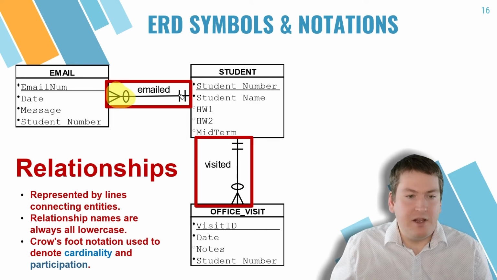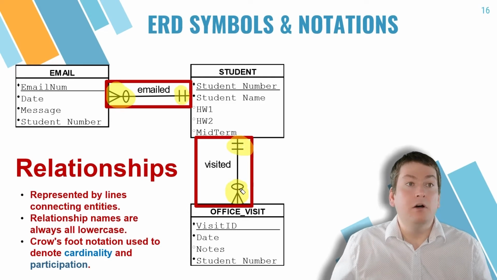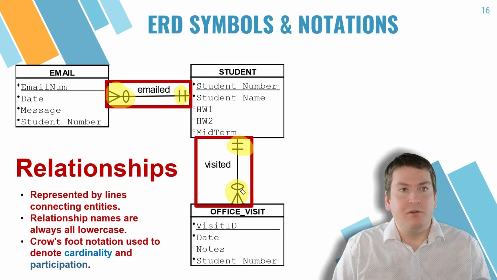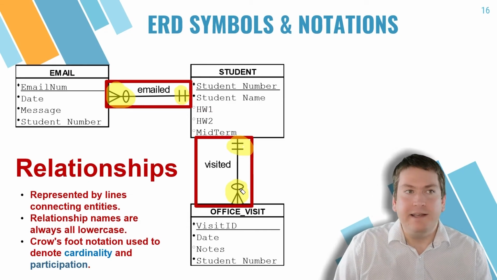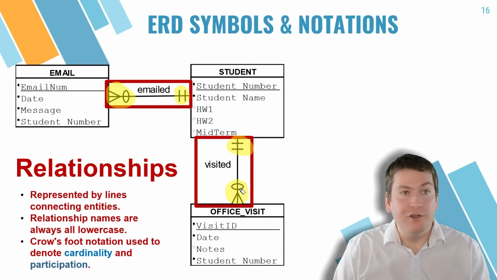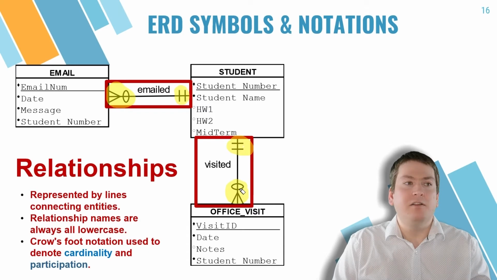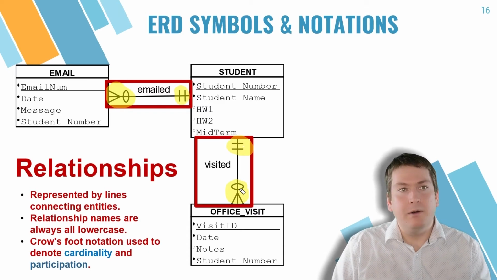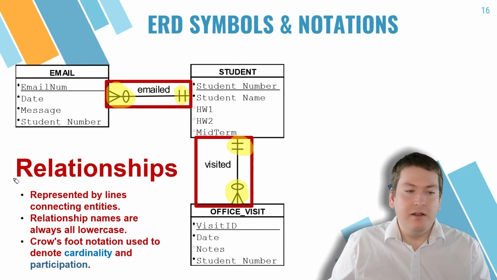You can see we have these shapes here and shapes here. And this is what we call crow's foot notation. And it's the notation we're going to be using in this course. Some ERDs use a slightly different notation, but everything in this course is going to be targeted towards this crow's foot notation. And this is going to tell us about the cardinality and the participation of this relationship. And don't worry, we'll get into that in a second. The other thing to note